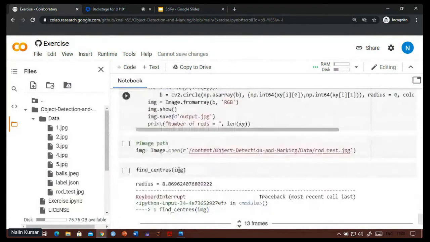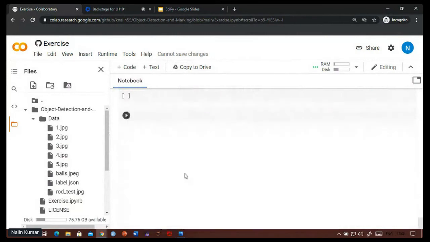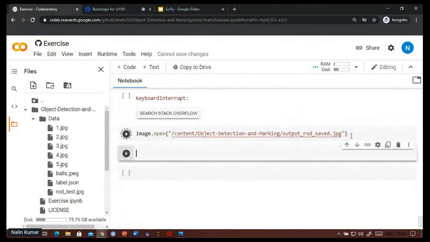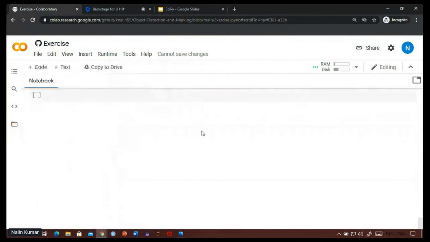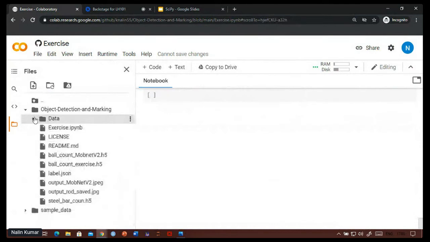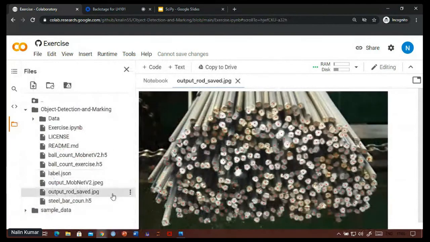Meanwhile, we can see what the result of the rod finder looks like. Here the output is saved. I should download it so that it is bigger.